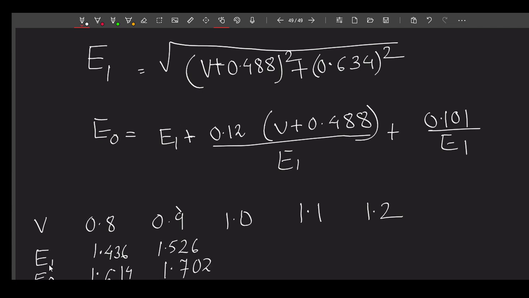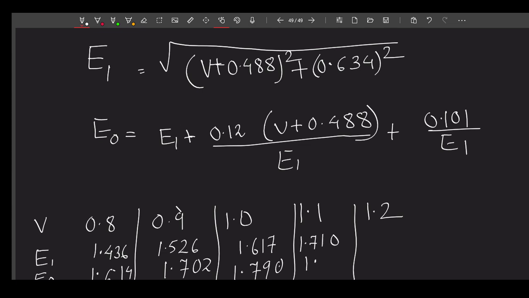For 1 you will get 1.617, 1.790. For 1.1 you will get 1.710, 1.881. For this you will get 1.803 and 1.972. Basically, why I am writing all this, because this is a kind of problem you may not